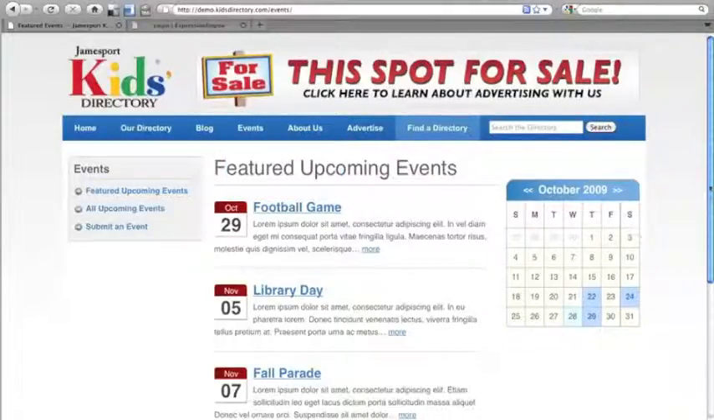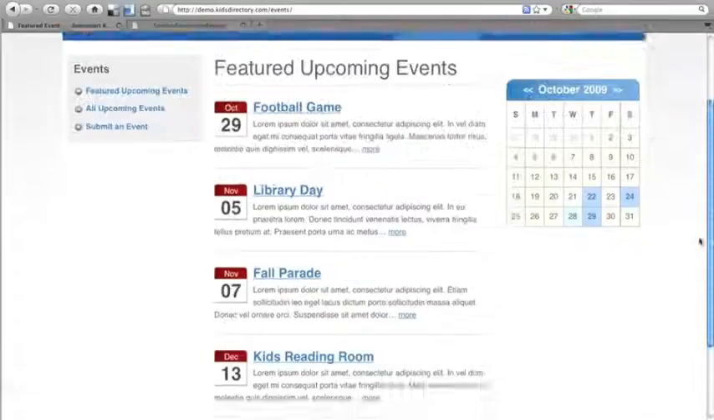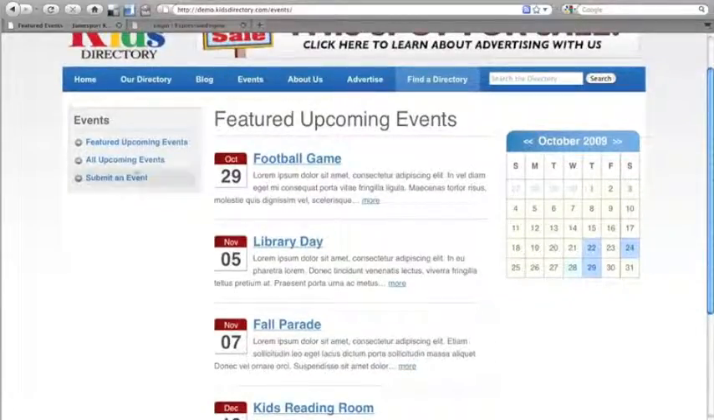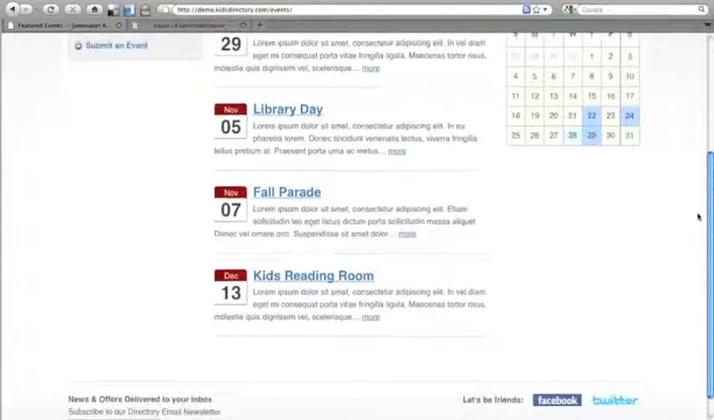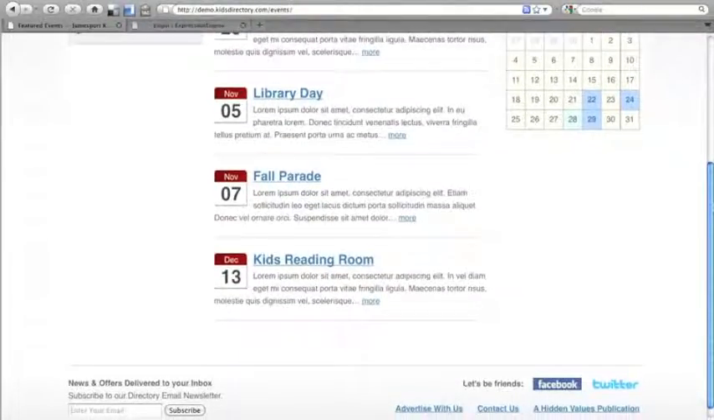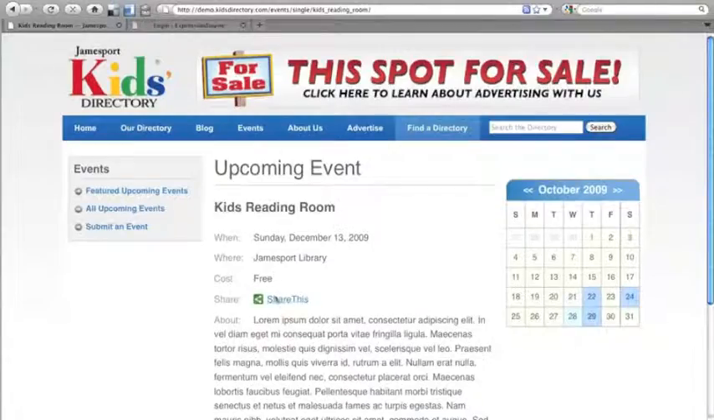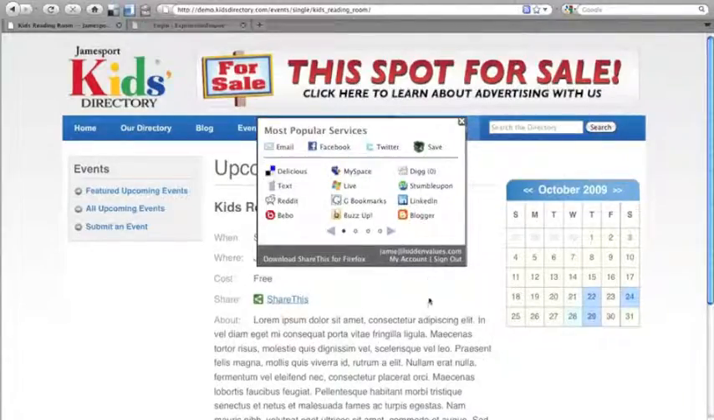When we land on it, we have some featured upcoming events. The user can look at all upcoming events, and then they can also search by month over here. What we're going to do is add a new event. We're actually going to add another Kids Reading Room event. If we click on this Kids Reading Room, which is a featured event, it says,